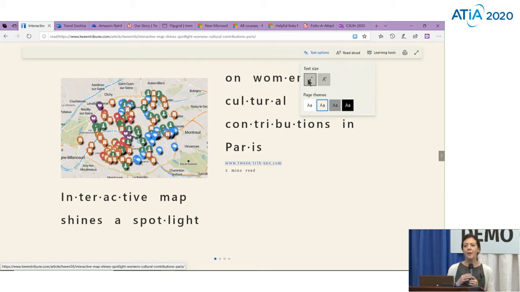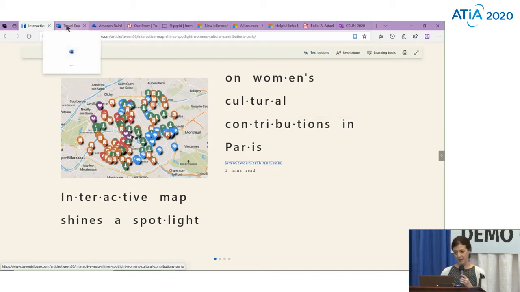How many of you guys use Microsoft Word? Okay, a lot of you. So, yep. Microsoft Word also has these tools built in and at your fingertips. So let's go ahead to,